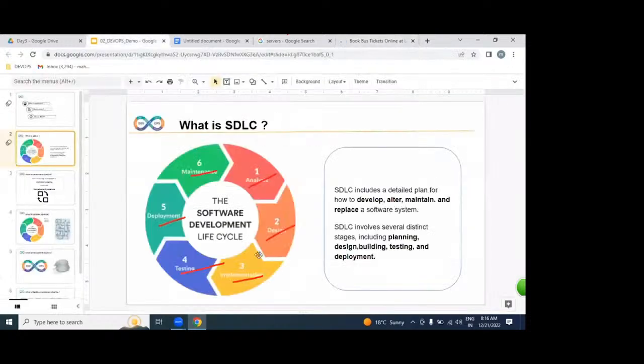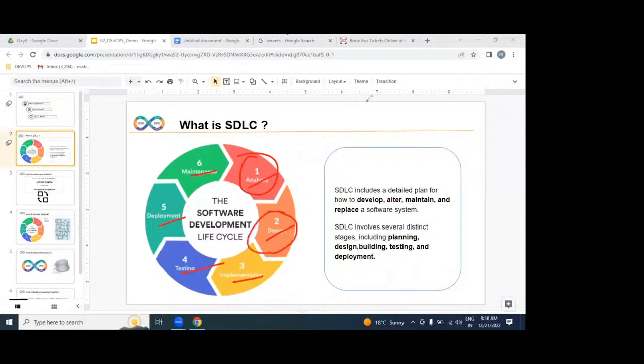How exactly? First, we need to gather information. What exactly is this business, whether it's a travel business, how exactly the login page and registration page should be. Gathering information from the client. Based on that, it will be designed.